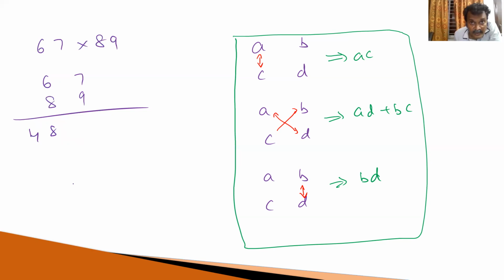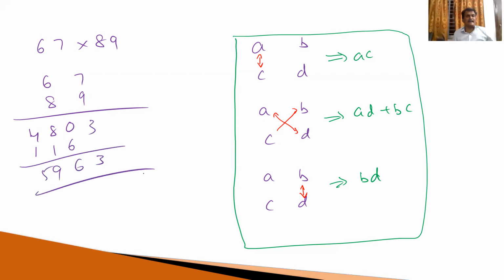Okay. Now 110. Suppose 2 digits are there, just write down the tens digit here and the unit digit here, but with 3 digits, write the hundreds digit, tens digit, and unit digit. Okay. Next is 7, 8 times 63. So what is the answer? 3, 6, 9, 5, which is the required answer. That's it. Here, the crosswise is very, very important.